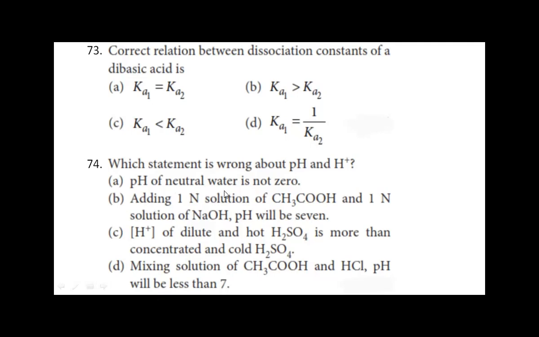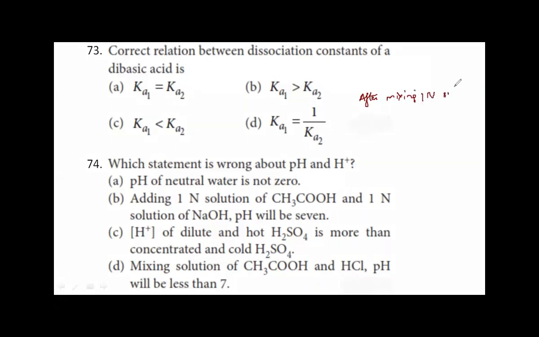First option, pH of neutral water is not 0, because we know that pH of neutral water is 7, correct? Second option, adding one normal solution of CH3COOH and one normal solution of NaOH, pH will be 7. See here, after mixing